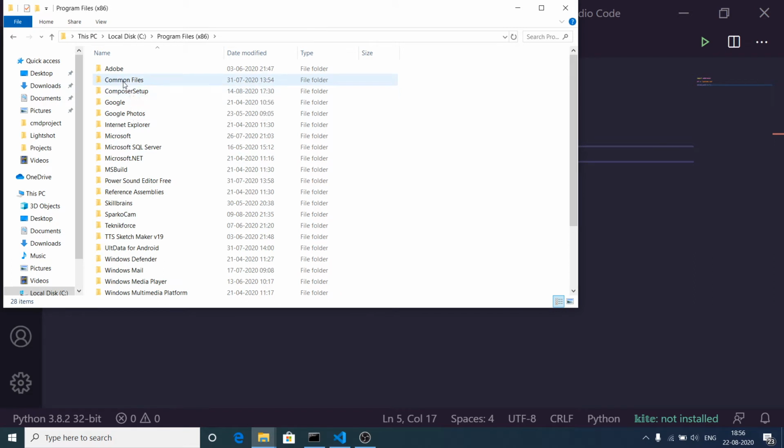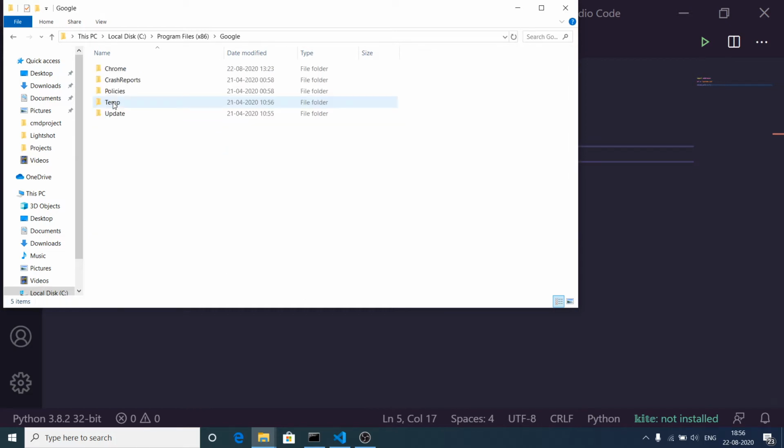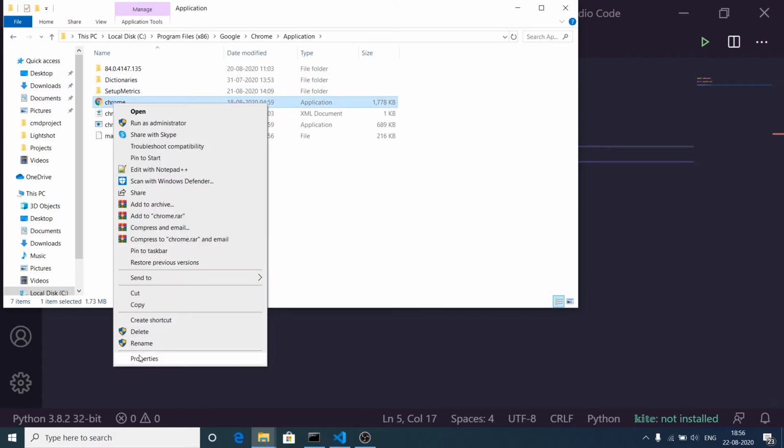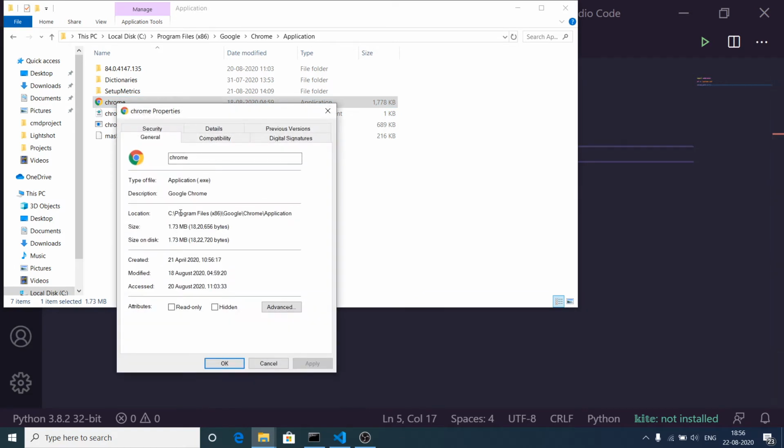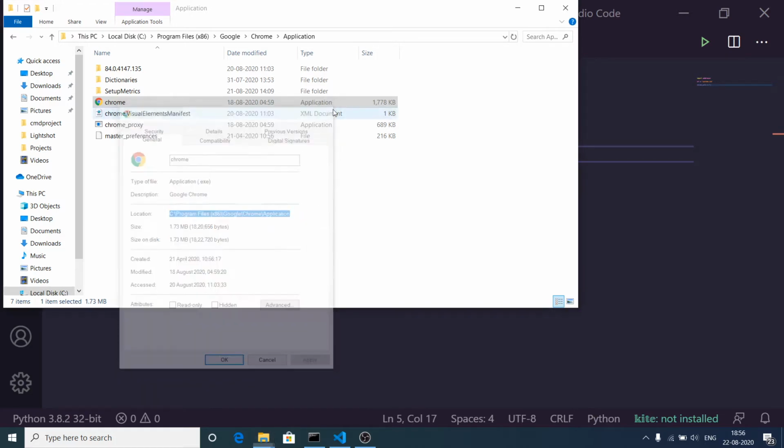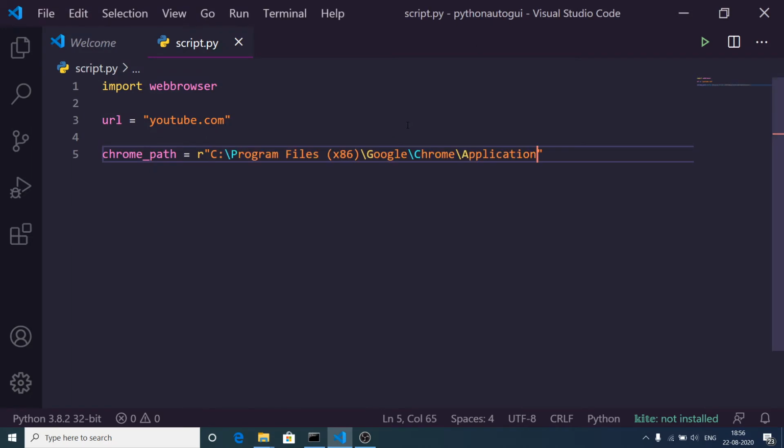Go to Google, and then go to the Chrome folder, application, and then this is chrome.exe. Right click on this file and go to properties, and then you will find this path here. You can copy this location with Ctrl+C, and here you need to paste this location. So this is your location here. After that you need to add a slash and then write chrome.exe. That's it. So this is your path here.